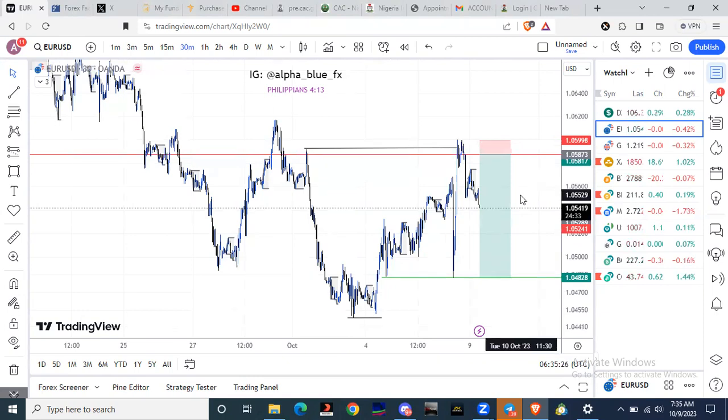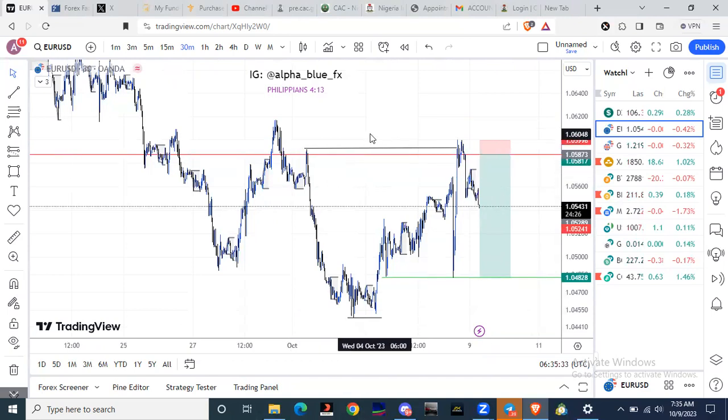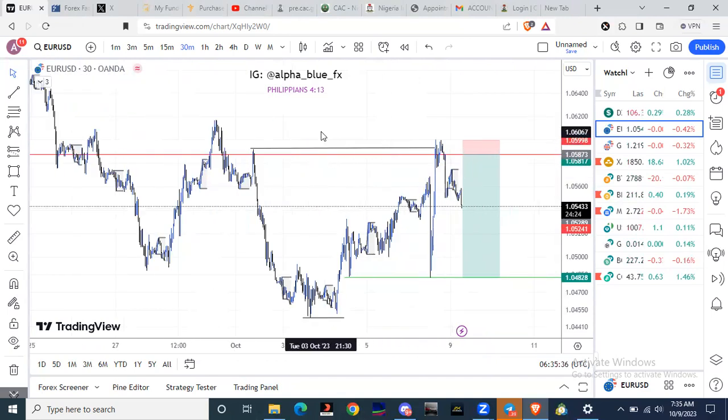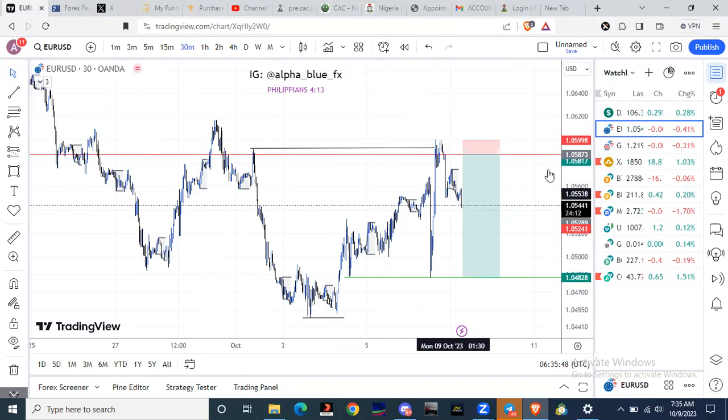some of the times, GBPUSD and EURUSD are correlated, they move alike. So some of the times you'll find that a setup you're waiting for on EURUSD is not yet formed or not clear, but when you check GBPUSD, you see a very neat, textbook setup that has already occurred. Because they go the same way, it's better you analyze the two of them and pick the best one, the one that gives you better confirmation, or the one that you're more convicted on,